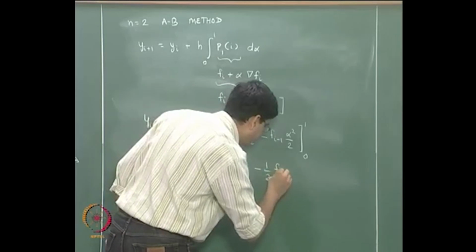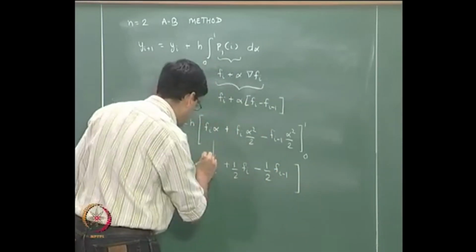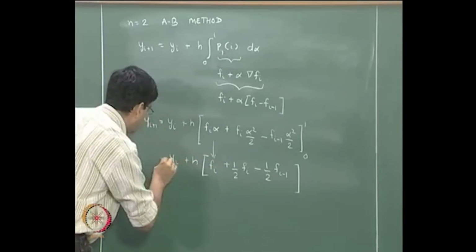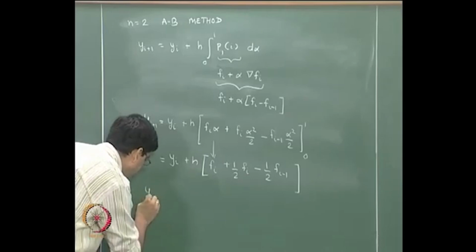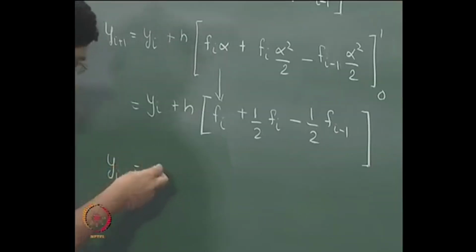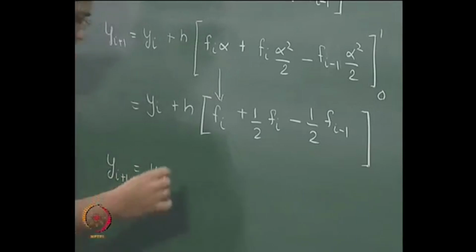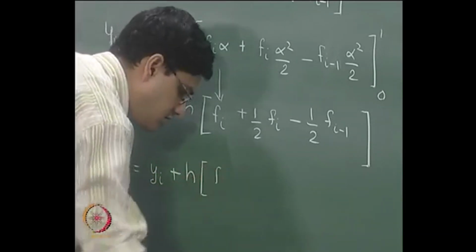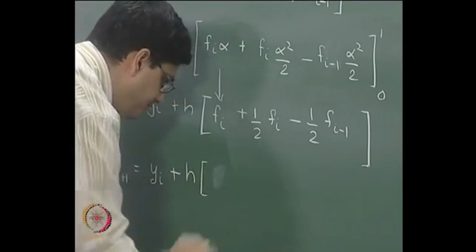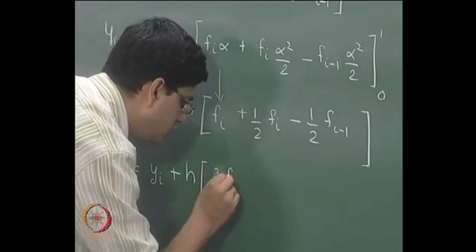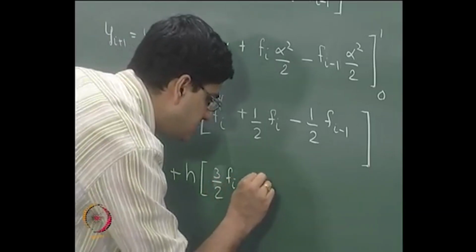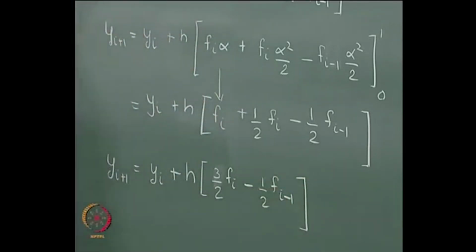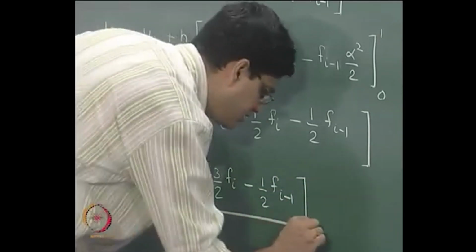So, it is minus half fi minus 1, okay, multiplied by h plus y i, and finally our result is going to be y i plus 1 equal to y i plus h times 3 by 2 fi minus 1 by 2 fi minus 1. This is the Adams-Bashforth method